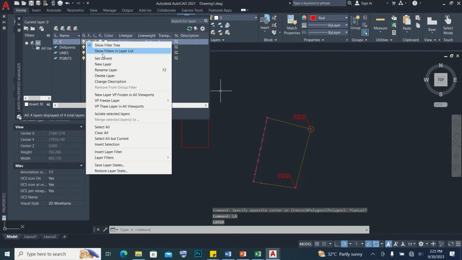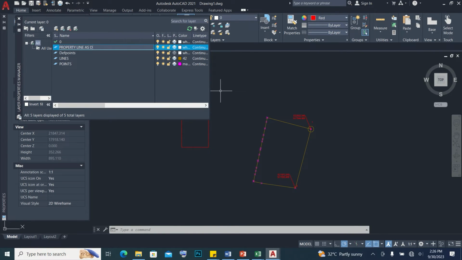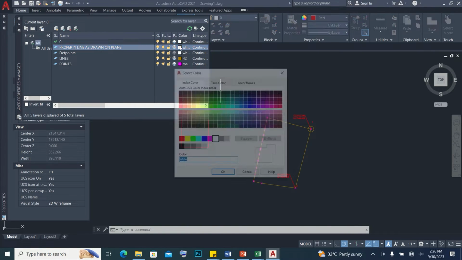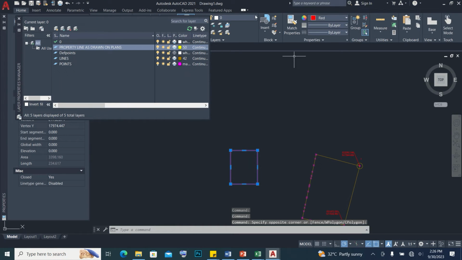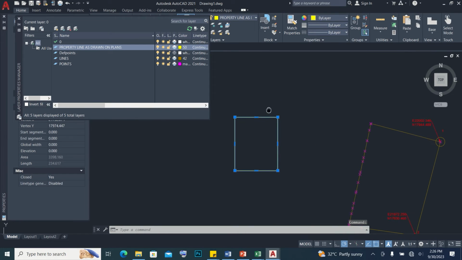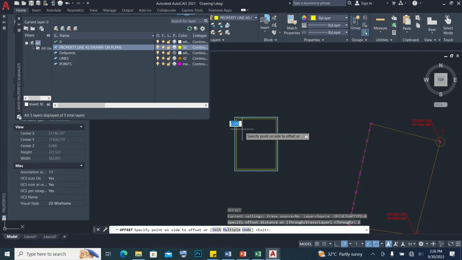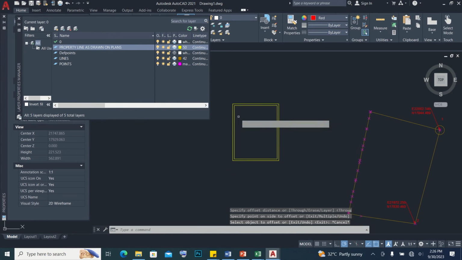make a new layer, rename, select color, apply the layer to the box, type offset, let's say 2 meters setback from the property line, trim the other sides,